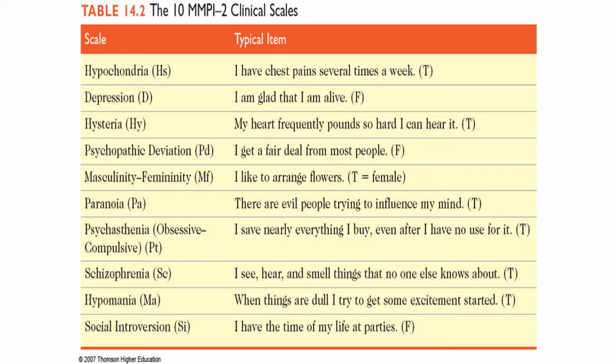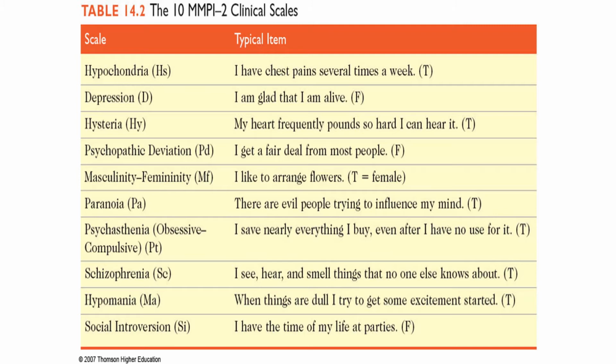So here's some of the things we look at. They have some scales that use some of the terminology of Freud, because this is an older scale. Even the new one, they still use the old language. So hypochondria is somatic sensations, feelings of illness; depression; hysteria, which is just a version of anxiety; psychopathic deviation, which is some antisocial behaviors; traditional masculine and feminine roles, which is no longer really used. It's still on there, but really not as important.